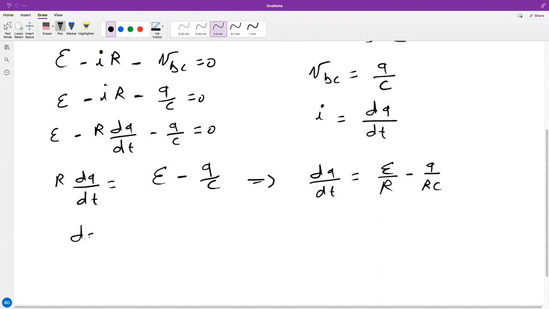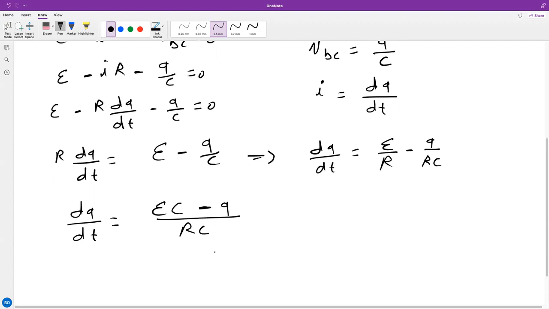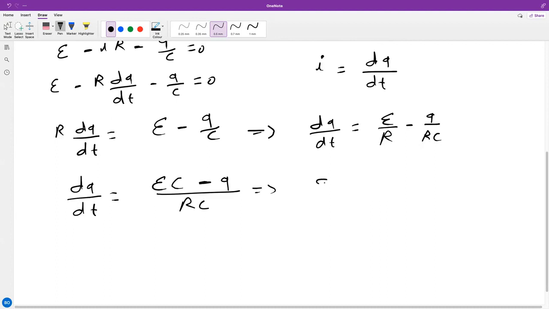We can also write dq over dt is equal to EC minus Q over RC,